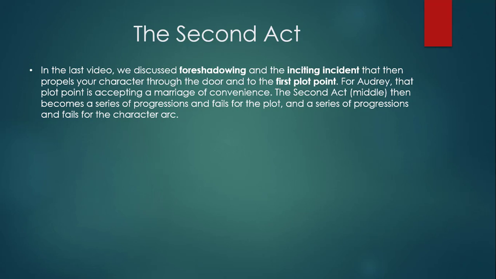I want to point out real quick that your plot is different than a character arc. What you're doing is you're taking your character arc and you're weaving it into the plot. Now, if you do not know how to outline a plot for a book, just go to my video. It's how to outline a novel. It's going to give you the basic concept of how to do that, just a little blueprint for doing that. And if you take that and then combine it with this character arc series, it's really going to help you as you plot and plan your book, okay? So take a look at that if you haven't looked at that video already.